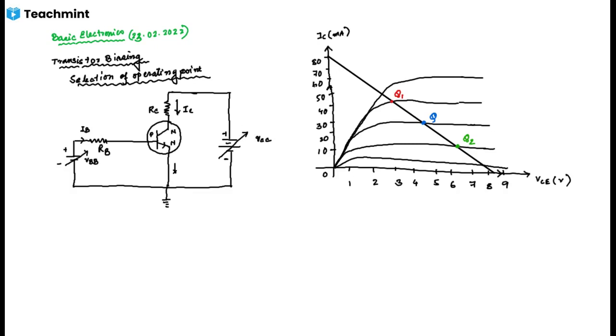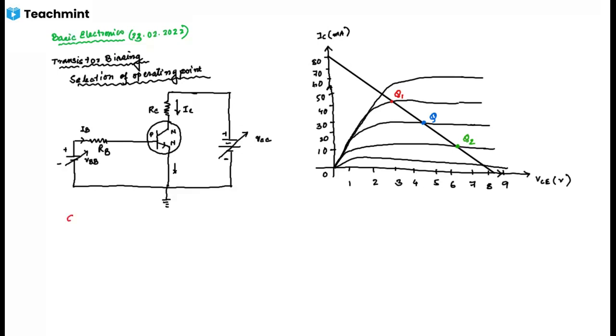So in this figure, you can see there are three operating points. These three operating points can be set depending upon the values of the base current. We will consider the three cases to find which one of these three operating points is more suitable, so that you can select the operating point for any type of configuration. Okay. So let us study the cases. First case is the red one, that is the Q1.